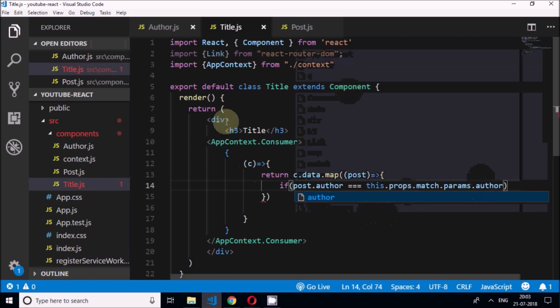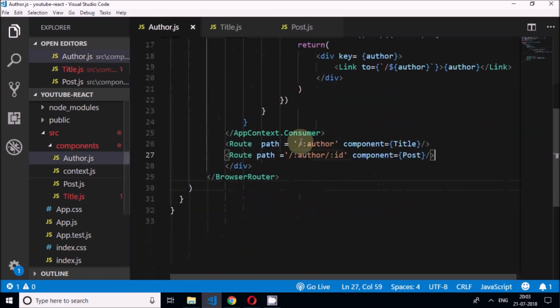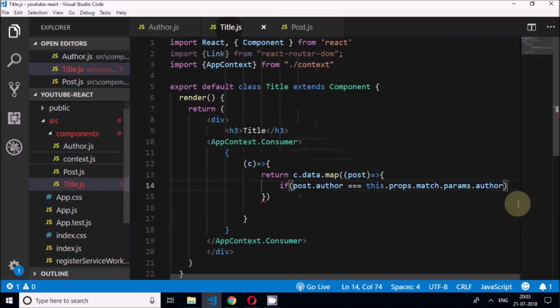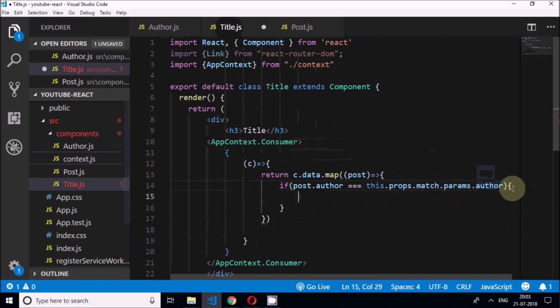This is coming from the argument here. This route's author variable is coming here as an argument. When they are equal,